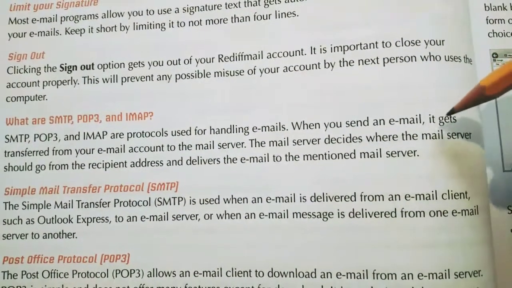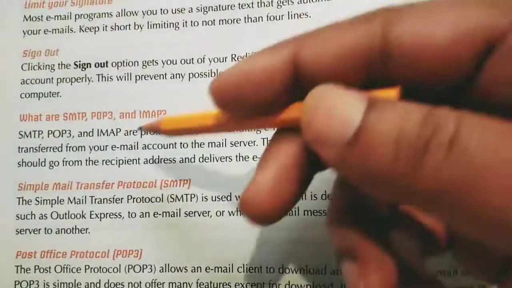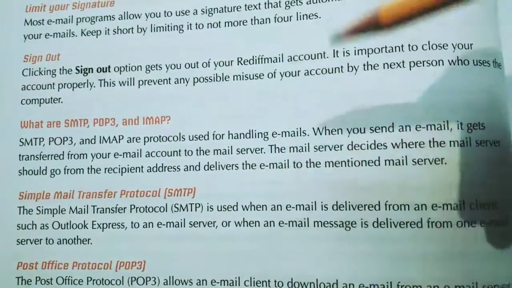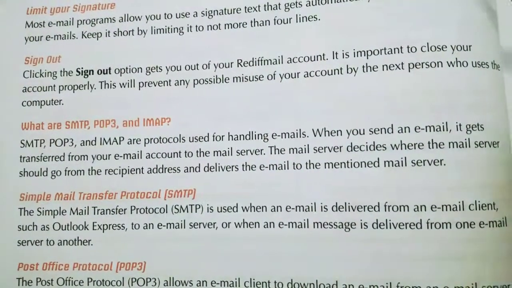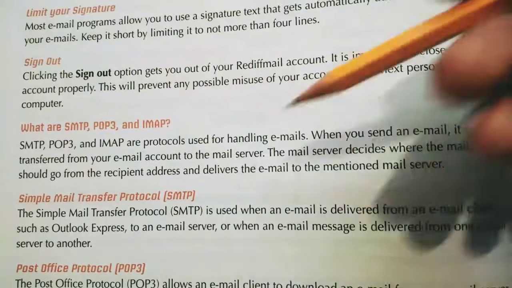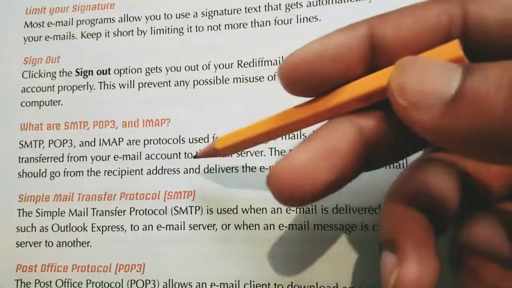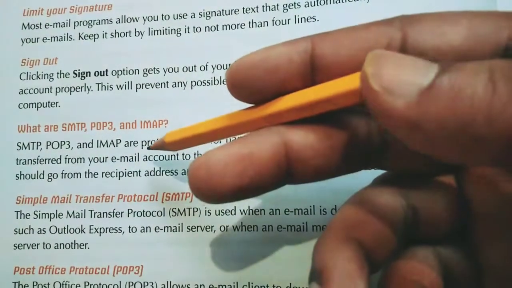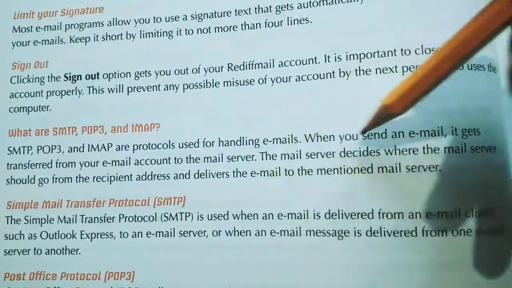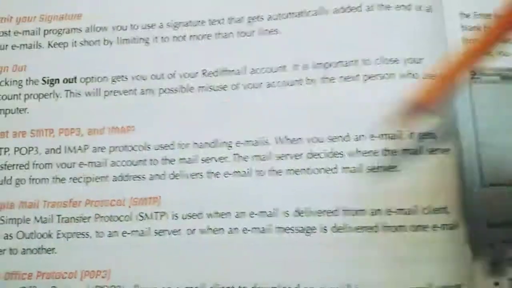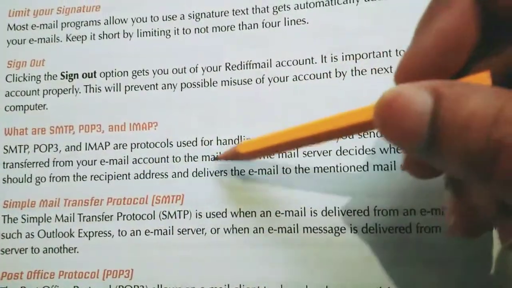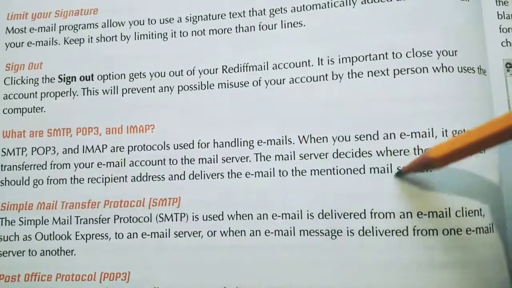When you send an email, it gets transferred from the email account to the email server. That means when you send any email to anybody, it does not go directly to the receiver. First of all, your email is transferred to the mail server. The mail server decides where the email should go from the recipient address and delivers the email to the mentioned mail server.